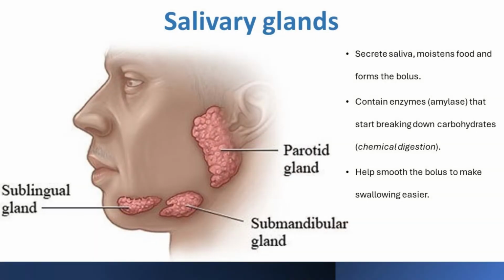Another important structure in the mouth is the salivary glands, which secrete saliva. Saliva contains enzymes, such as amylase, which begin the chemical breakdown of carbohydrates. Saliva also moistens food, making it easier to form a bolus and ensuring a smooth swallowing process. Once the food has been sufficiently broken down and formed into a bolus, it is swallowed and moves into the